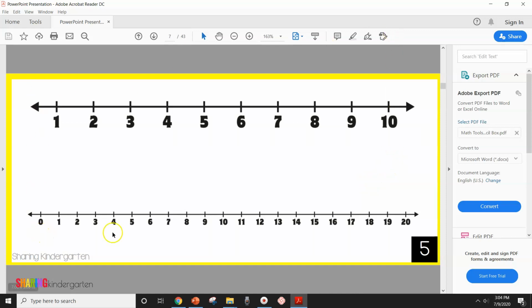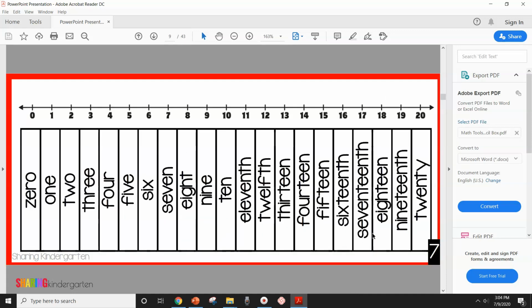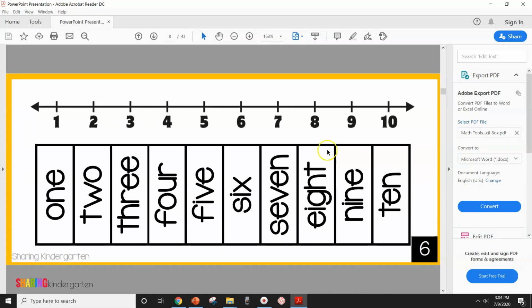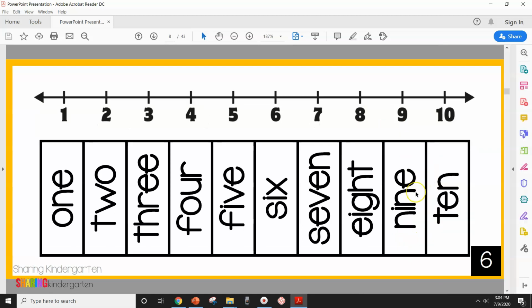You can see they're all color-coded and they all are numbered. So the number lines start with yellow and then they get darker as they go. So you can tell them which one you want them to go to, the yellow number line or number 6 number line. So you have lots of options. I created the border colors just in case your kids aren't familiar with their numbers, which, a lot of little